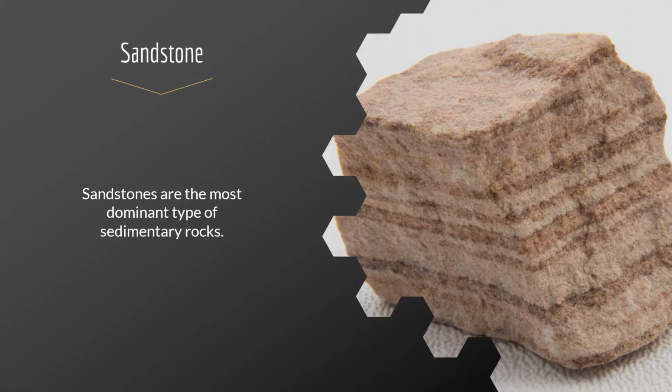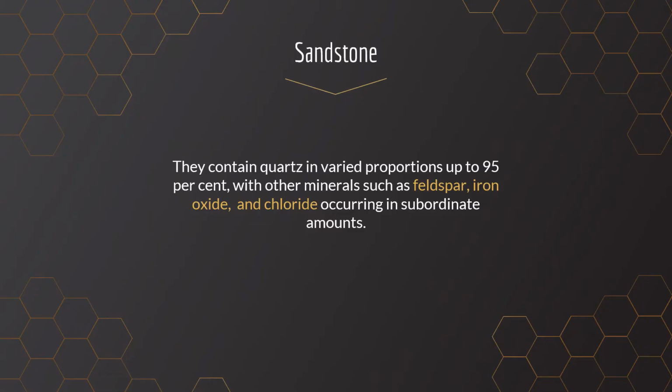On the next slide, you can see that sandstones are the most dominant type of sedimentary rocks. They generally occur as layered or bedded strata and vary in grain size from gravel to fine-grained sandstone. They contain quartz in varied proportions up to 95%, with other minerals such as feldspar, iron oxide, and chloride occurring